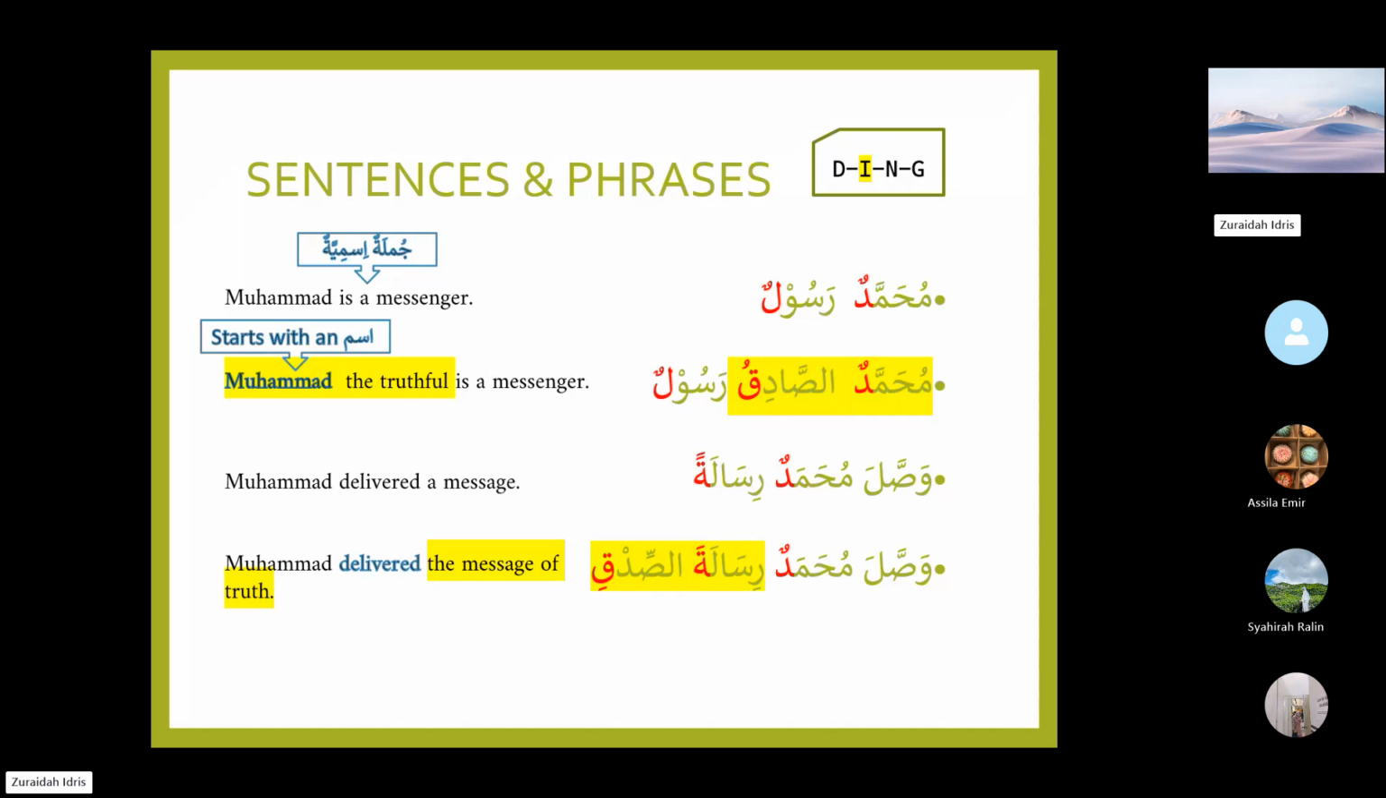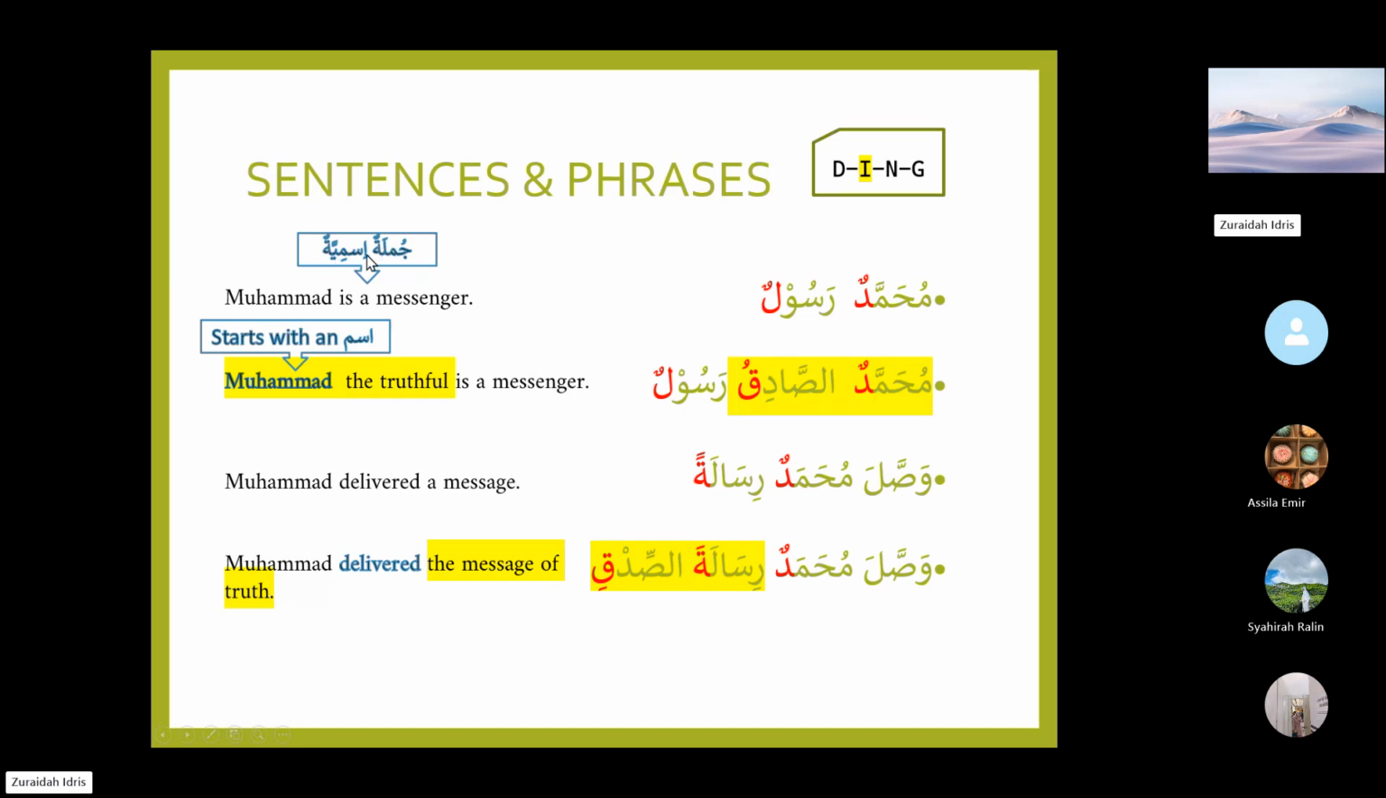Jamala, yajmulu means to summarize, to add, or it is something like a total of things, in this case words, and it makes up something. So that's why the Arabs call it jumla, because we have words that add up to a meaning. Jumlatun